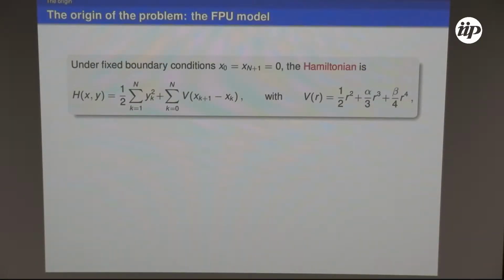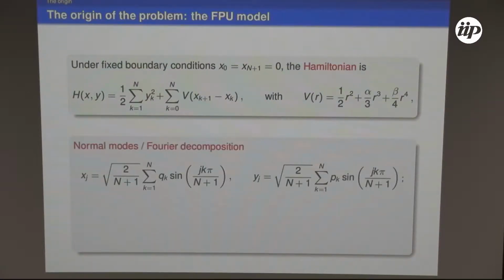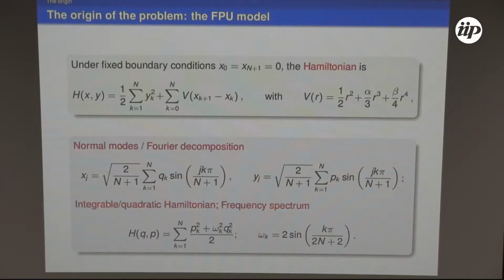This problem, as you all know, thanks to the presentations by Felix, Sergei, and David, is the FPU model. Here I give you again the Hamiltonian of the FPU system with this nonlinear interaction potential. Alpha and beta are the coefficients of the cubic and quartic part of the potential. As usual, you can perform the normal modes Fourier decomposition, and in this way you can write the quadratic part